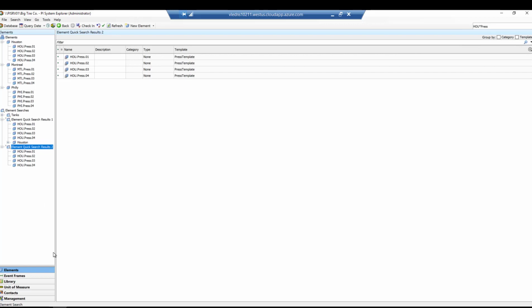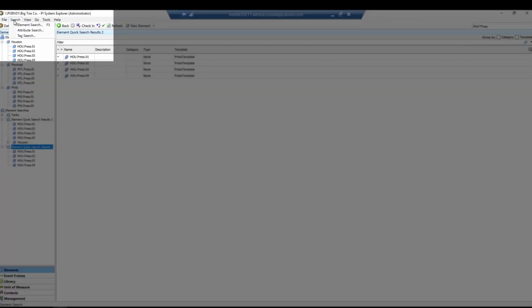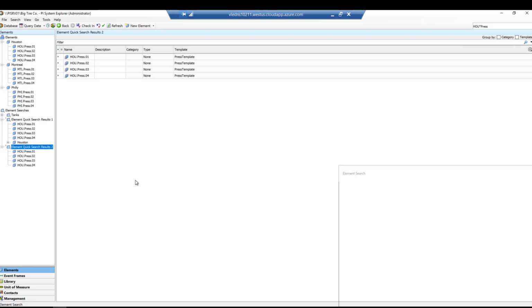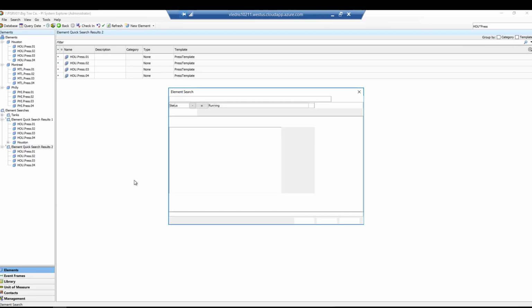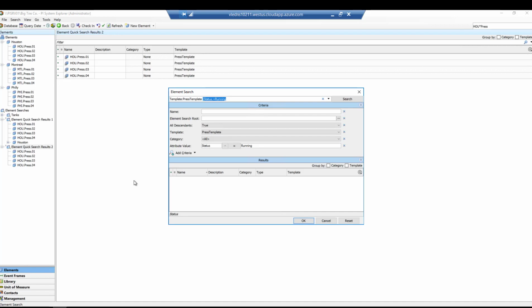The next search that we're going to look at is Advanced Element Search with multiple criteria associated with it. From PI System Explorer, select Search and then Element Search. If there was criteria cached from the last search, click the blue X in the search line on the top to reset it.